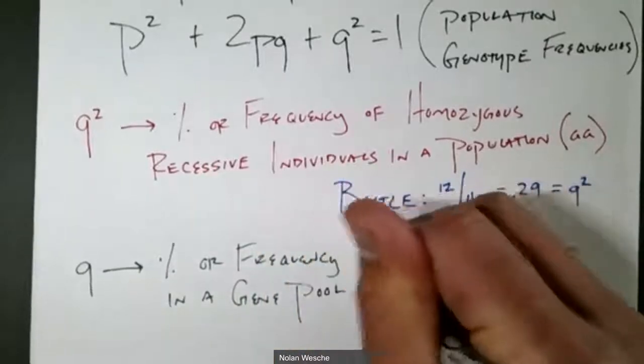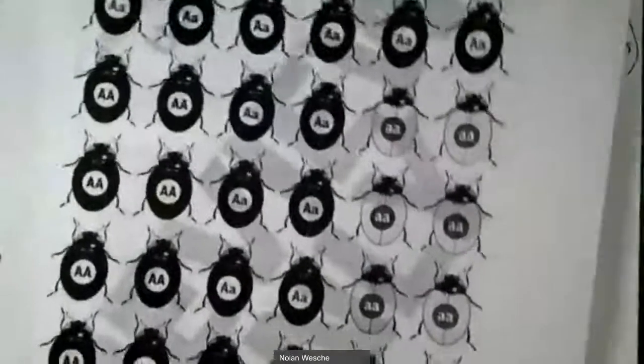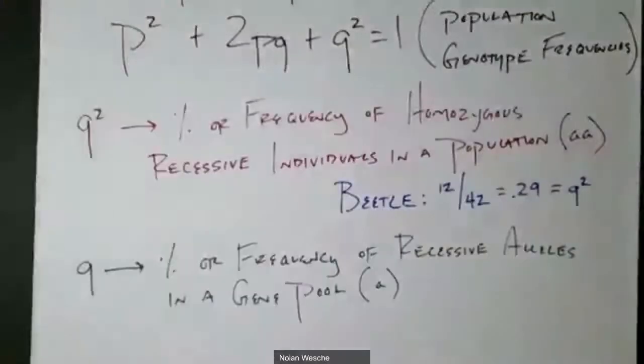And in the case of our example here, it's the percentage of little a alleles. Not how many individuals, but how many alleles. We're looking at the whole gene pool. We're looking at all the letters on this page. We want to know what percentage are little a's. So for the beetle here,